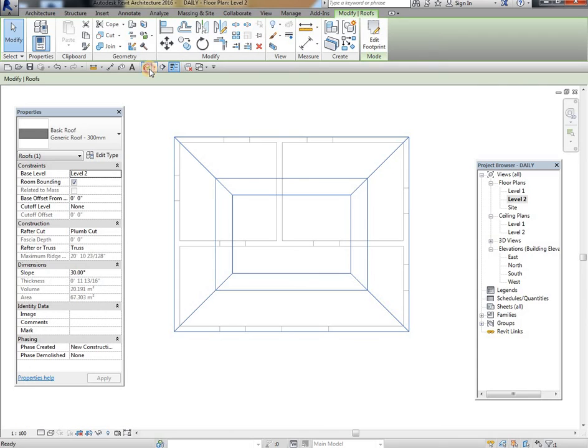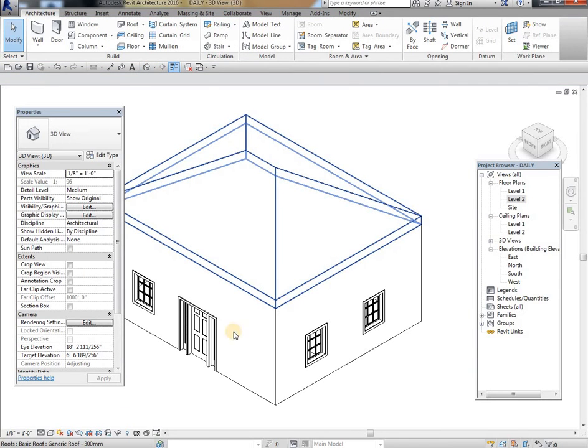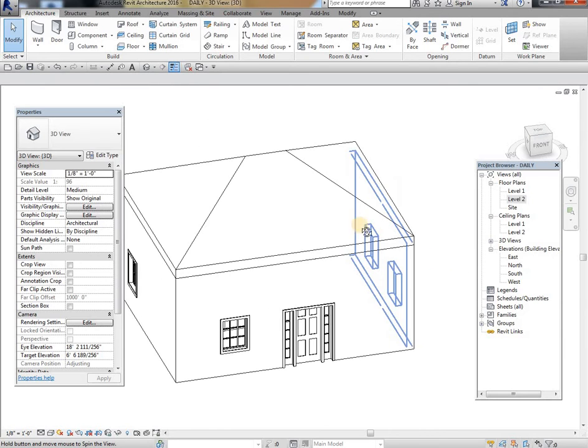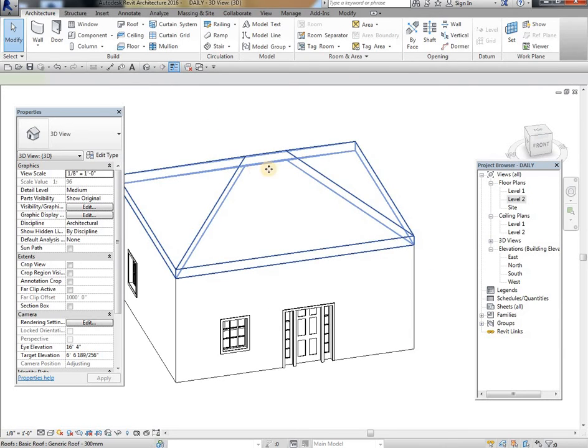Then go to 3D view. See, your roof is ready. Okay, now in that there are some edits. I'll show you now. Select the roof